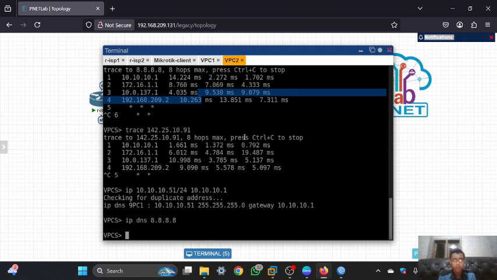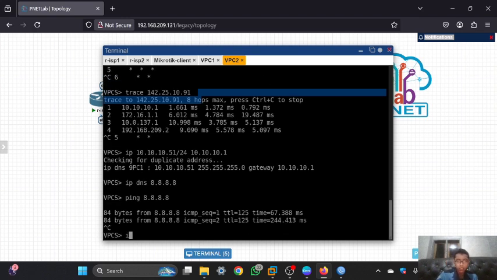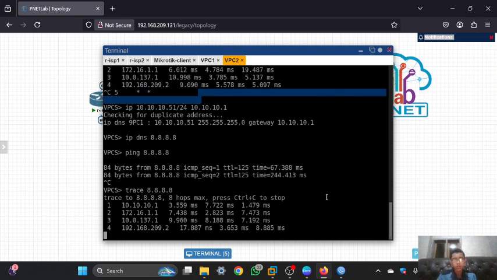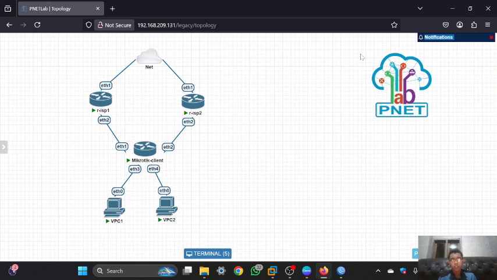And I will try in the VPC2. I will try to ping to the internet, and I will see the trace. And as you can see, the VPC2 is using the IP of ESP2. So the configuration of routing mark is successful.